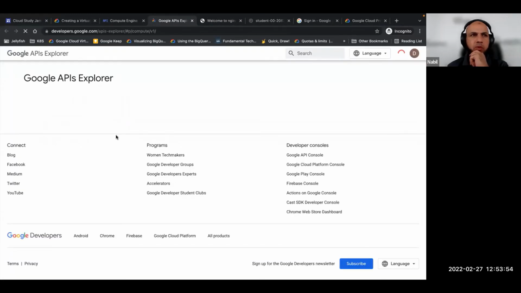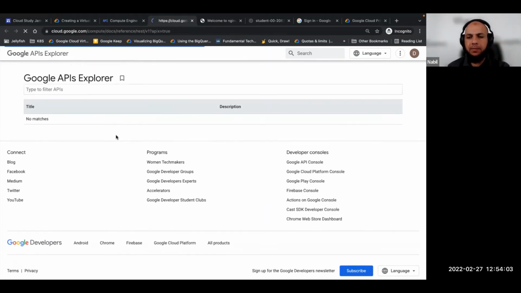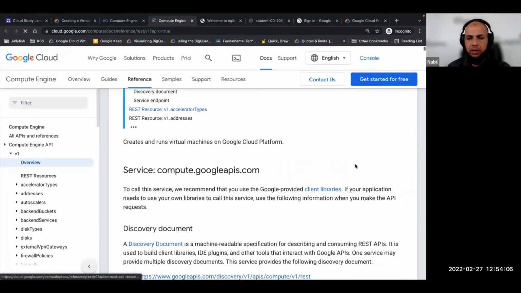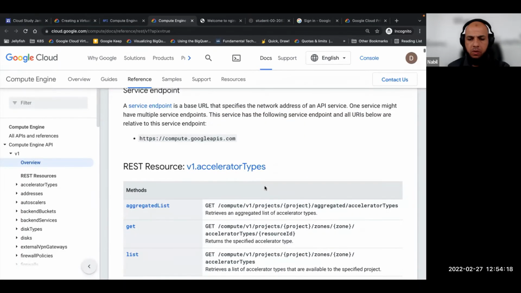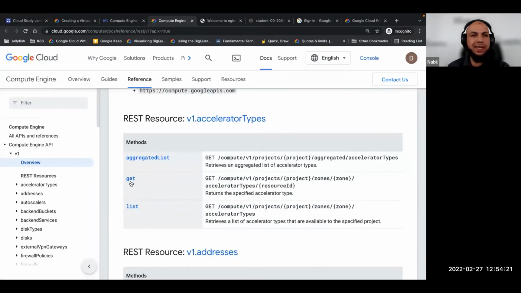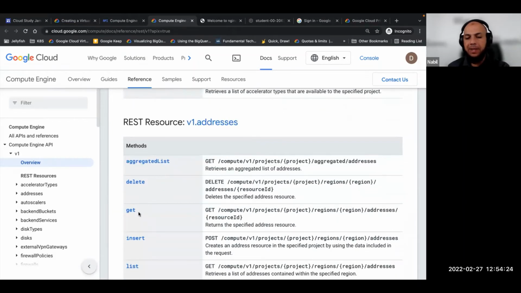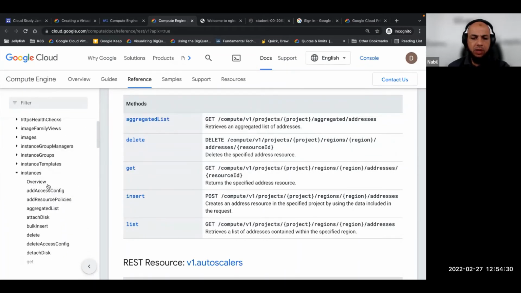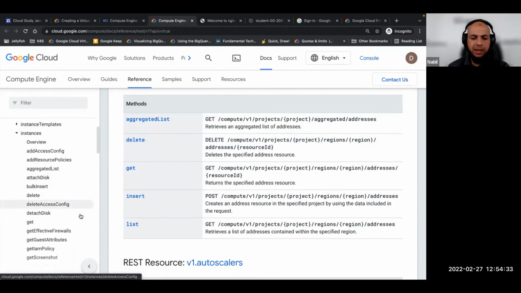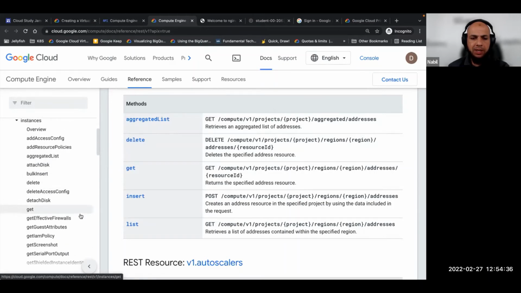So if developers want to leverage Google Cloud services, they don't want to use the console or the command shell. They interact with the Compute API directly. There we go. They will be sending commands like get, list, delete, insert. So if I go here, for example, instances, if a developer wants to create, to interact directly with the API, they want to create an instance,